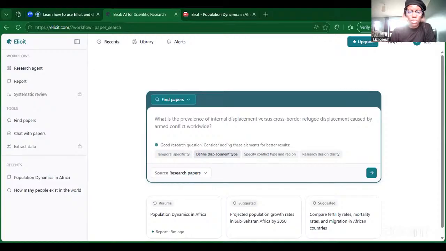It might give the question of the prevalence of cross-border refugee displacement versus armed conflict. There might be two different angles we might look at. If we look into the type, maybe even in region, so this could be for comparative studies. So if you want to compare maybe displaced people within the sub-Saharan Africa context versus the European context, you can almost start to have that comparative